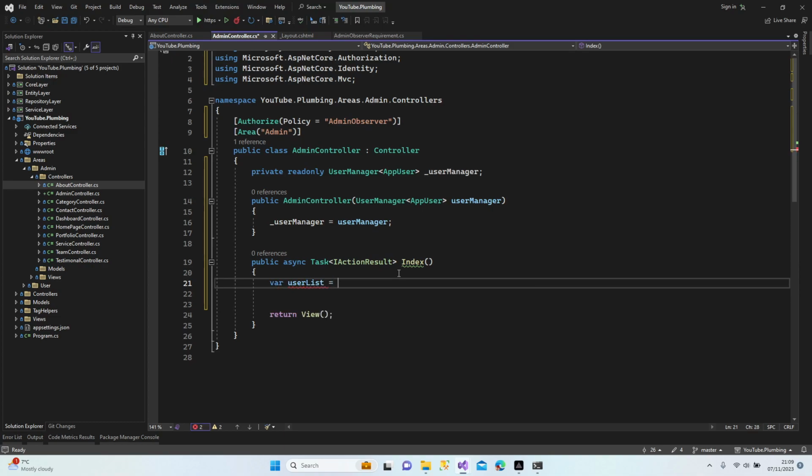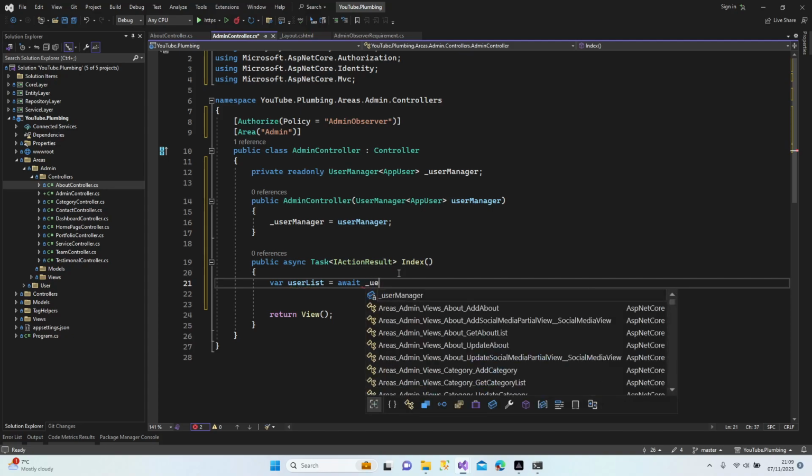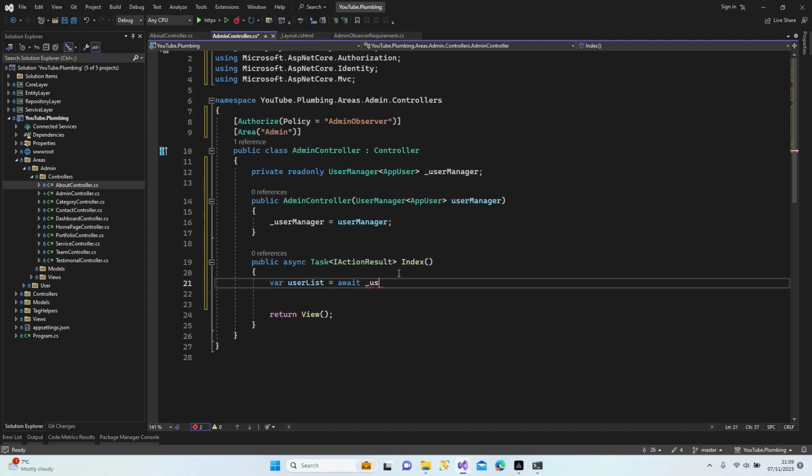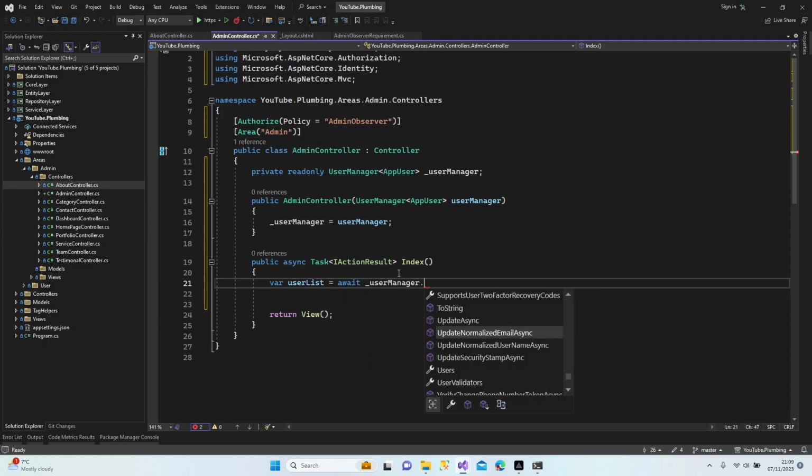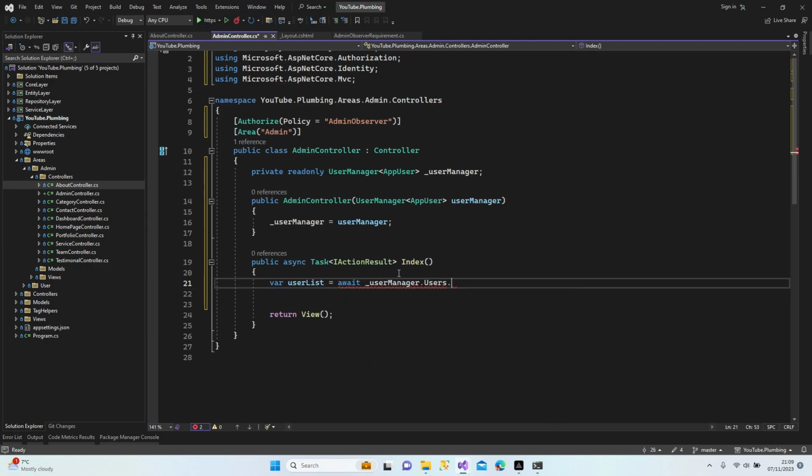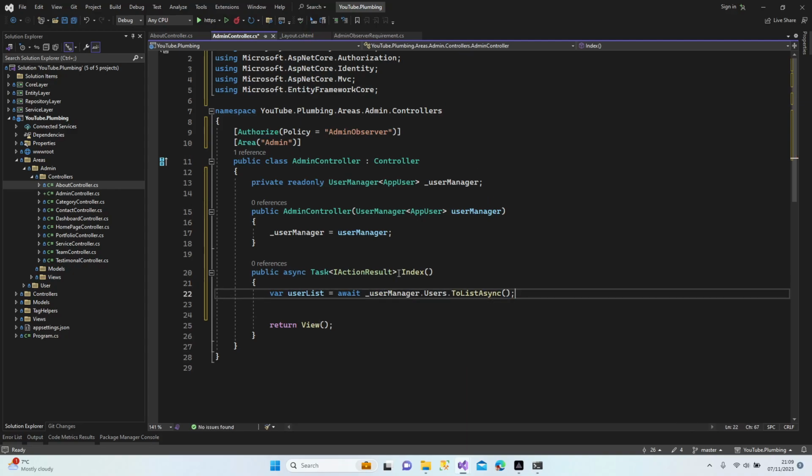User list, await user manager dot users dot ToListAsync. So we have all users in our hand. Now, what do I need next? We need to